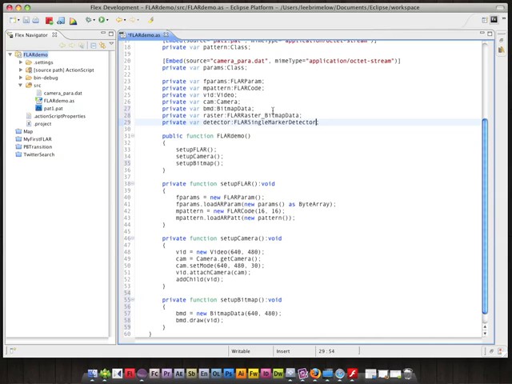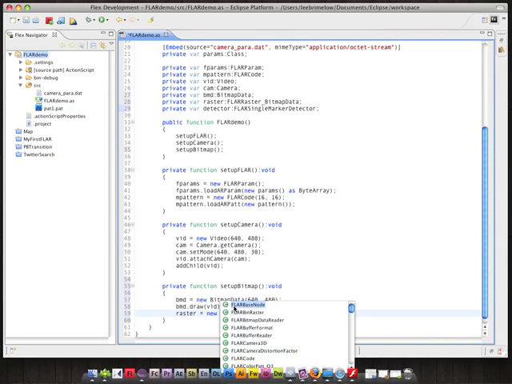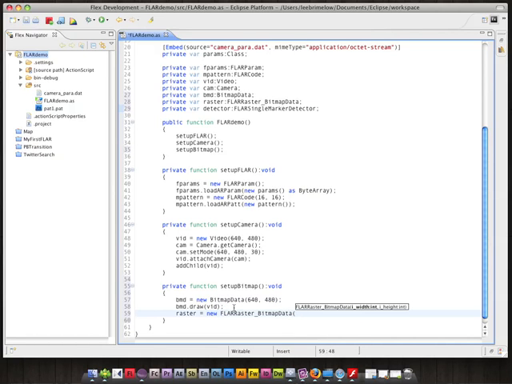There are ways to actually detect multiple markers to create even more complex applications, but we're going to stick with just the single one here. So now I can go back down to my setup bitmap class, and let's go ahead and instantiate those two. So raster is equal to new FLAR raster underscore bitmap data. Now to this we actually need to pass in the bitmap data object that we want to capture. So BMD, and now let's set up detector is equal to new